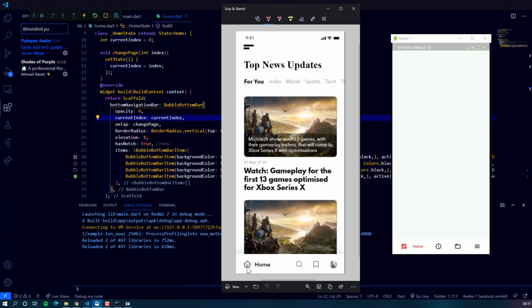Now in the image here, first of all we have some custom icons. So we need to change the default icon to custom icons, and the selected color should be dark black and the unselected colors should be grayish.